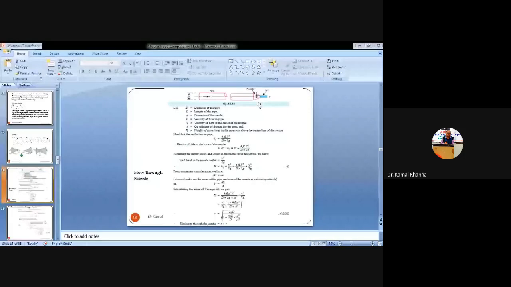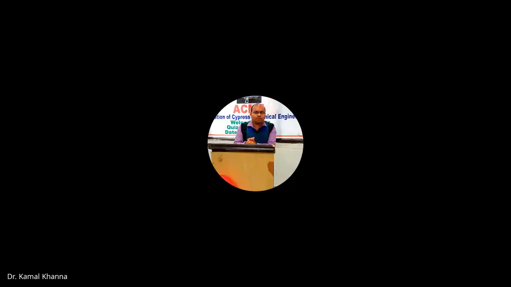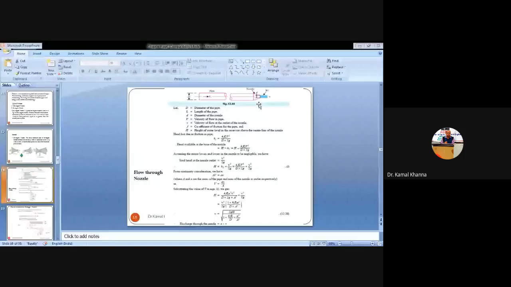So assuming all these conditions, we are calculating the discharge using this nozzle. What will be the total head at the outlet of the nozzle? If we install a converging nozzle at the end of the pipe, we are converting the whole amount of energy into kinetic head. So the energy available at the exit of the nozzle is only the kinetic energy. So the total head at the nozzle outlet will be V square by 2g.